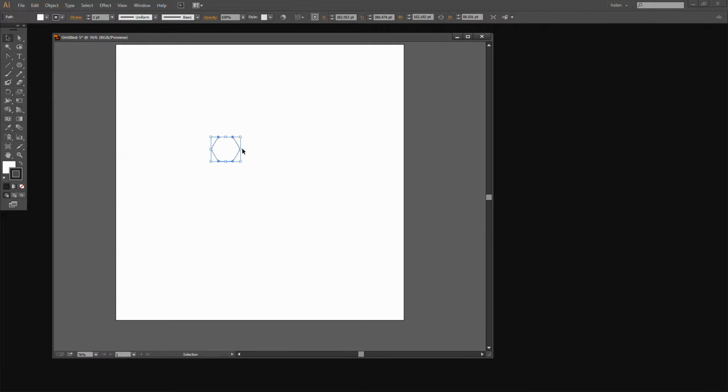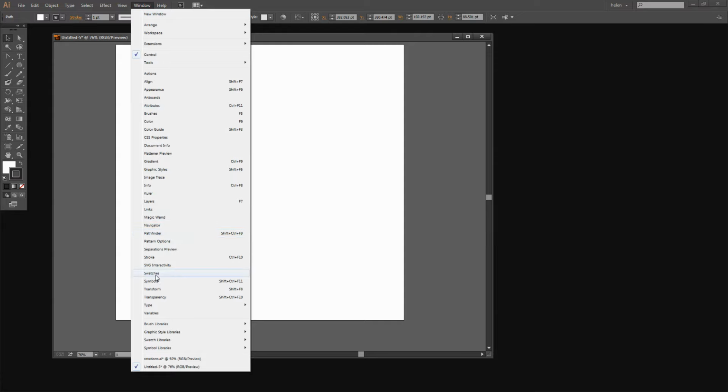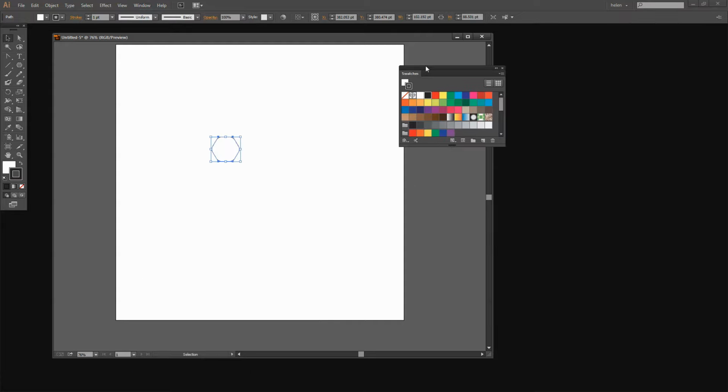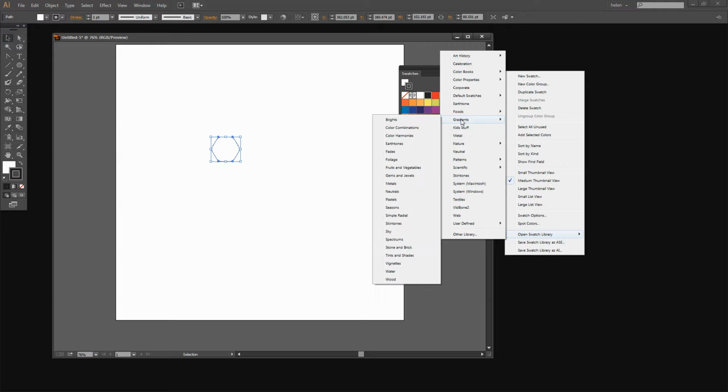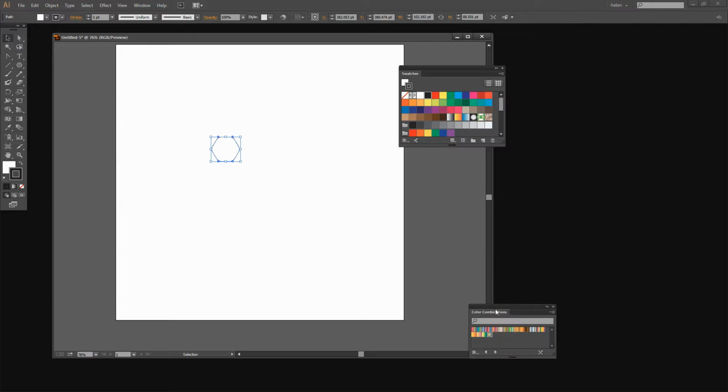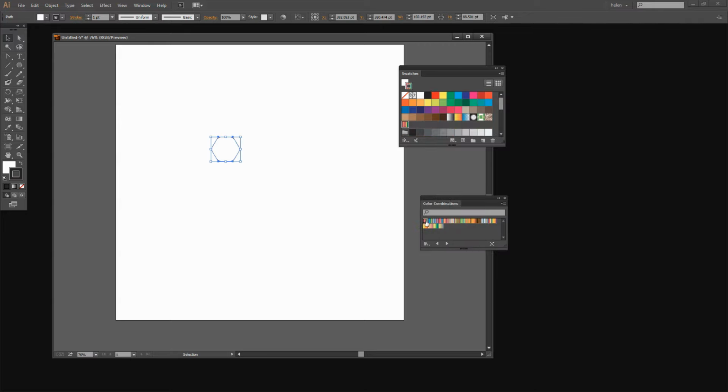I'm going to fill it with a gradient, so I'm going to choose Window and then Swatches, because this gives me access to gradients. I'm going to use a gradient that was shipped with Illustrator, so I'm going to click the flyout menu, open Swatch Library, Gradients, and I'm going for color combinations because I'm thinking this first gradient is a pretty good starter for my document. I'm just going to switch it so it's actually the fill gradient,